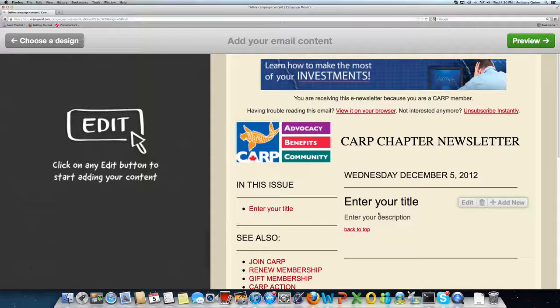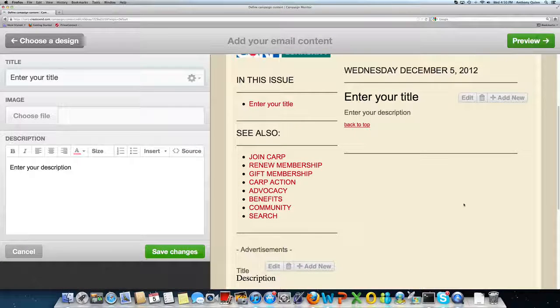So on the right hand side we have these three buttons: edit, garbage, and add new. If we want to click edit, that will open up the editor in the left-hand box. And now we can begin to enter text and content on the left-hand side, and it shows up on the right-hand side. So where it says enter your title,